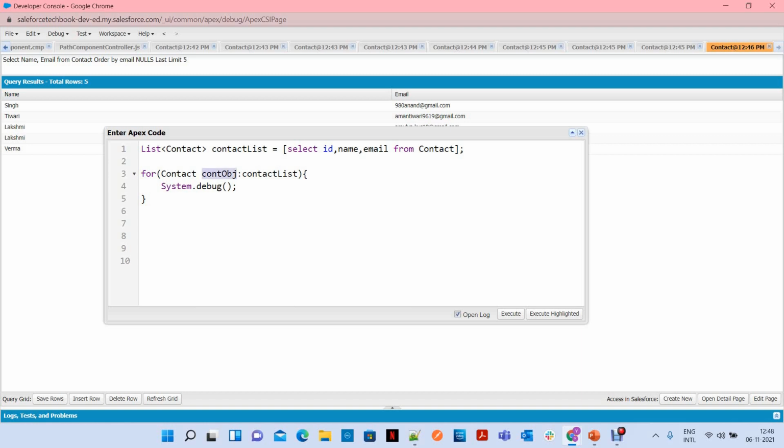I want to access the name value for each record: contObj.Name. You just need to use your object instance, then dot notation, and then the field API name, not the label. It should be the API name.